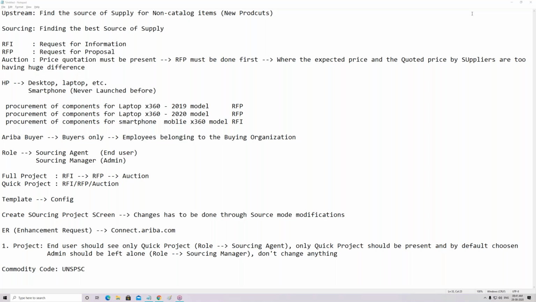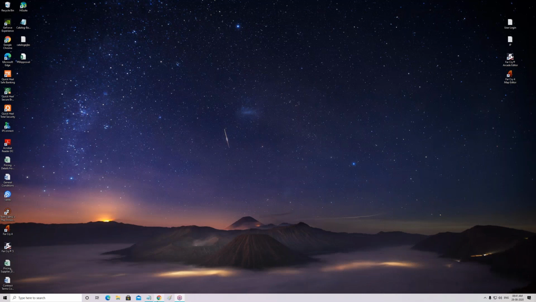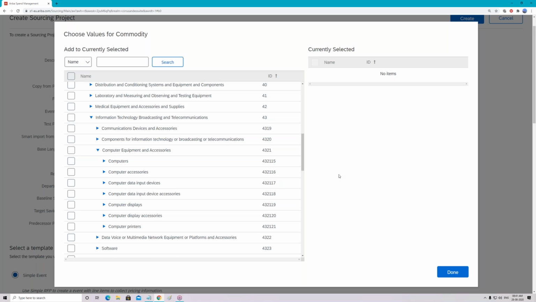So remember, the commodity code used in Ariba is generally always the UNSPSC commodity code. Ariba talks this particular language. Okay. So some of you are going to ask, Manoj, how are we going to get this data? Remember, this will not come through the help of master data integration. So from where is it coming? It is going to come from your mass data load activity.